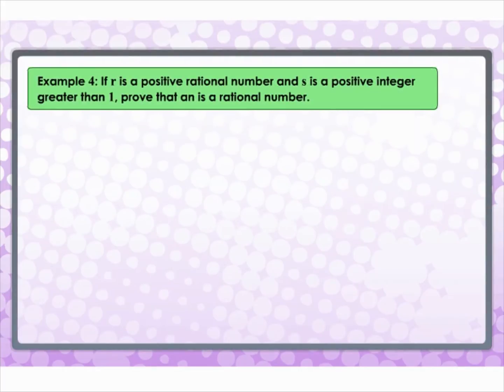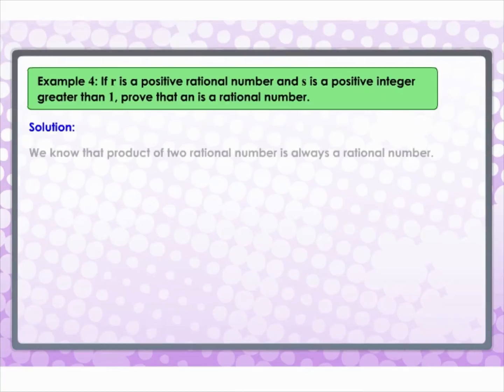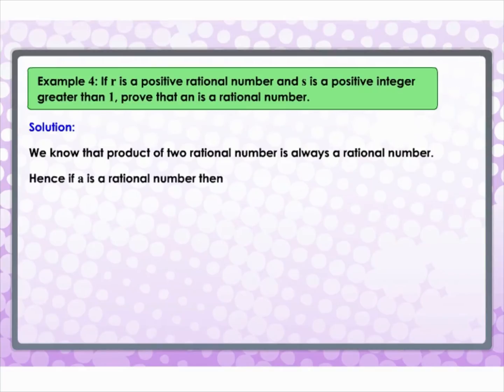If r is a positive rational number and s is a positive integer greater than 1, prove that r to the power of s is a rational number. We know that the product of two rational numbers is always a rational number. Hence, if a is a rational number, then